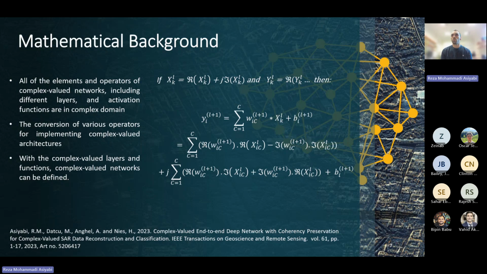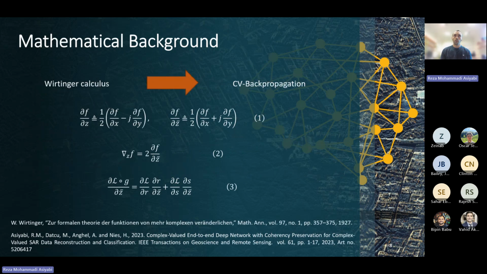And we can do the same for, well, not all, but almost all other operations that we need to define deep learning models. And we can, in this way, create complex valued operators and define complex valued networks. And once we have the complex valued networks, we will need complex valued backpropagation, BP, to train these models. And thanks to the Wirtinger calculus that extended the complex derivative to even non-holomorphic functions, we can take the complex derivative from these